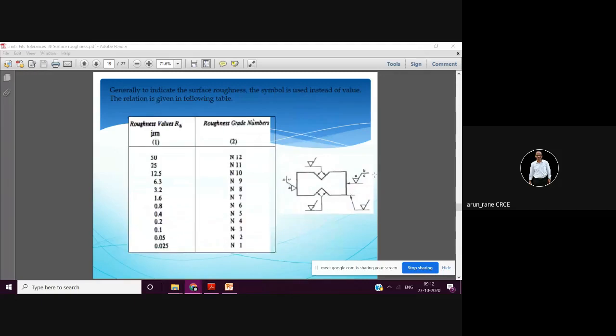See, this is how the grade numbers are given. Like N1 is the most superior surface finish, and N12 is the roughest. As an engineer, you have to see whether the surface finish is really important or not. So you must be aware of the applications. Depending upon the application, you can suggest the surface roughness. If it is not required, unnecessarily don't give a good surface finish, because that is going to increase the manufacturing cost.